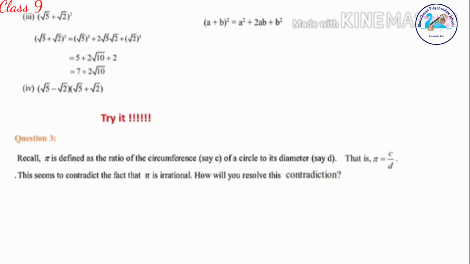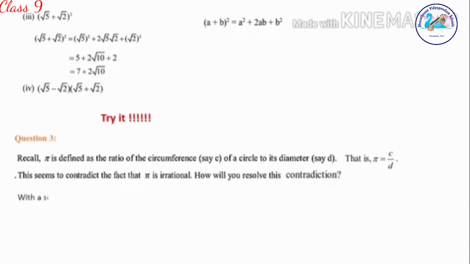Actually, this question was asked by some of you earlier as a doubt, because when we were explaining irrational numbers, we studied that pi is irrational. Some of you asked that time: pi value is 22 by 7, why is it coming like that? 22 by 7 is rational and we are studying pi as irrational. Why does this contradiction come? The same question is asked here also. How will you resolve this contradiction?